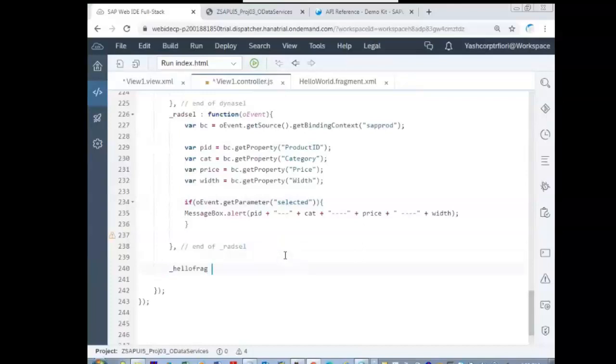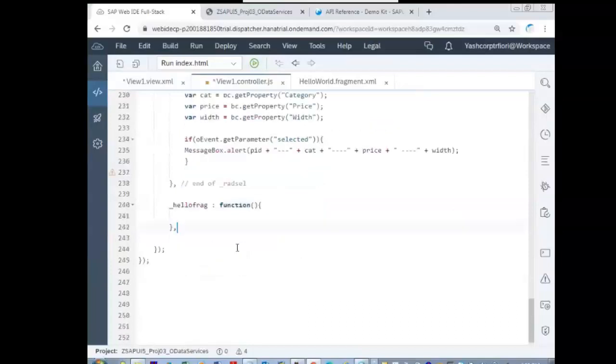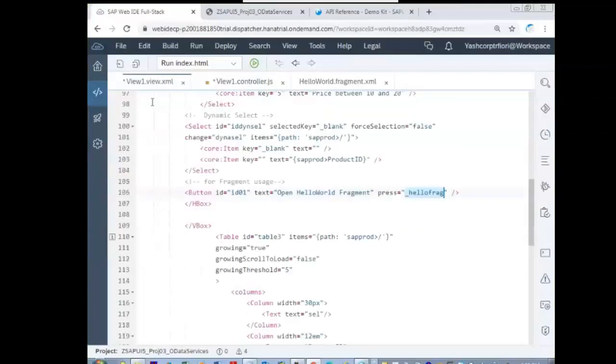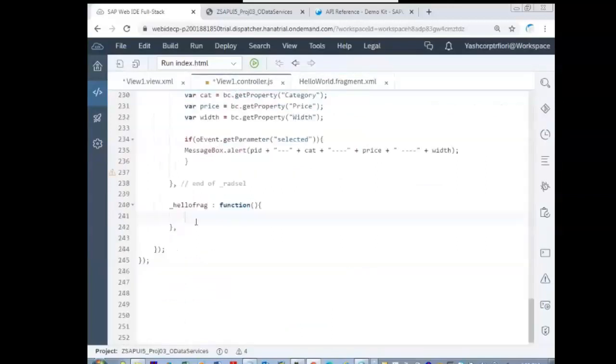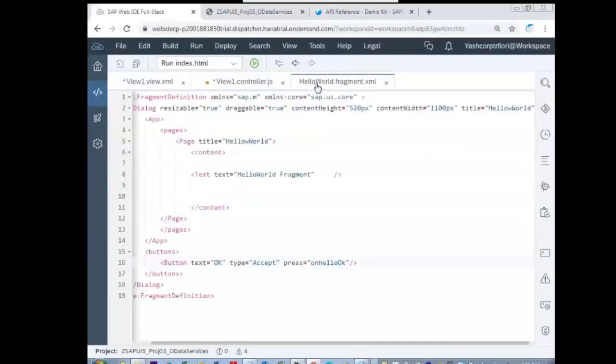Here, in the view1.controller.js, because in the view there is a button. When I click that, this hello world fragment must be opened. I'm writing that in the view1.controller.js. When the fragment gets opened, there will be an OK button on that to close that fragment.